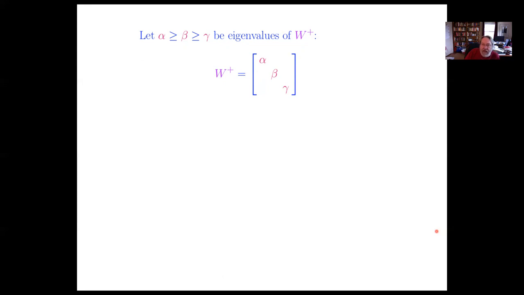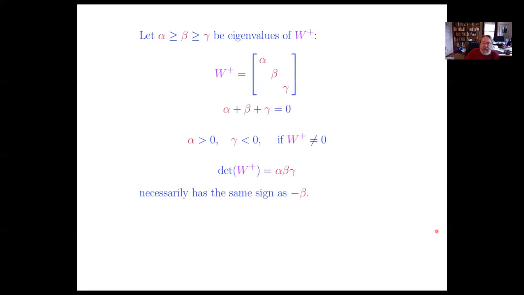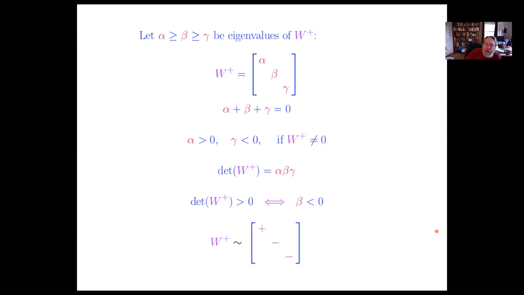Unless W plus is 0, alpha has to be positive and gamma has to be negative because the trace is 0. All right, so that ends up saying the determinant is alpha, beta, gamma, so that means that the determinant has the opposite sign from the middle eigenvalue. To say that the determinant is positive is the same as the middle eigenvalue is negative, so that,